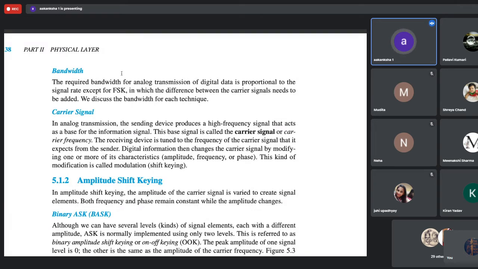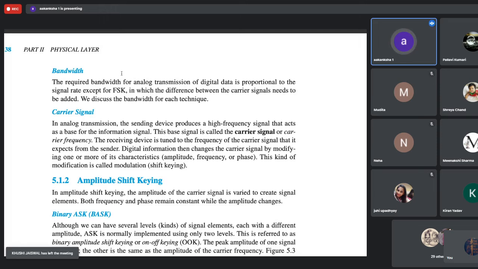But in case of amplitude modulation, the bandwidth will be proportional to the signaling rate. कोई दिक्कत नहीं है, bandwidth उतनी रिक्वायर्ड है जितना कि हमें सिग्नल की फ्रीक्वेंसी है, उतने ही सिग्नलिंग रेट पे चल जाएगा. तो नंबर ऑफ साइकिल्स पर यूनिट ऑफ टाइम जो सिग्नल का रेट है उसी की बैंडविड्थ उतनी ही रिक्वायर्ड है. आपको ज्यादा फ्रीक्वेंसीज की और ज्यादा बैंडविड्थ की रिक्वायरमेंट नहीं है इन केस ऑफ ASK, दैट इज एम्पलीट्यूड शिफ्ट. I hope that is clear to all of you, bandwidth component, because in frequency shift keying the bandwidth will be a larger one, because you will be varying the frequencies of the signals, so you need a wide range, wide bandwidth.